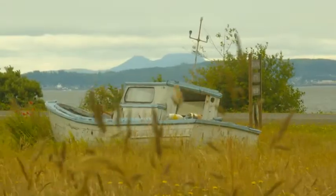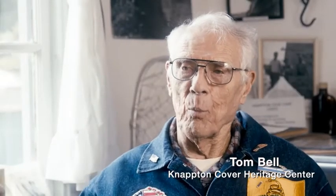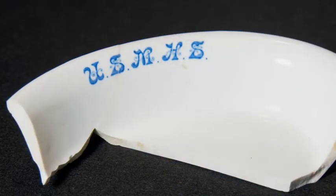We have shards that were recovered down on the beach, some of them that my brother found that have that old symbol, that MHS on it. I just walked along and my toe scrubbed against something white, and I looked down and I picked up this piece of pottery. And as I picked it up, there was another one next to it, so I picked it up and looked at them, and they had the USMHS on it, and I thought, wow, this is part of the hospital. So I brought it in and then washed it and glued it together,